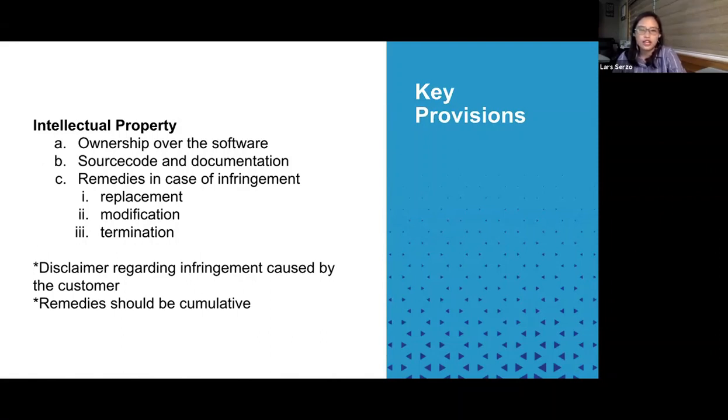Which is actually where the maintenance provisions of a contract come into play, because most of the time, the only party that could actually maintain your software would also be the party that developed it.